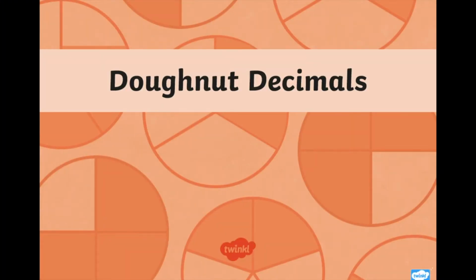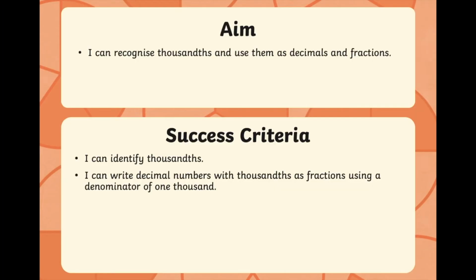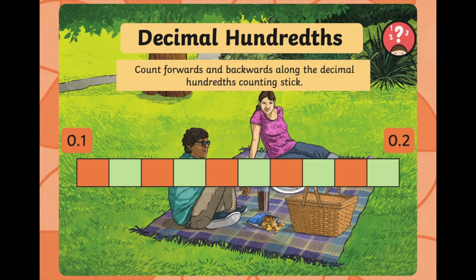Today's lesson is called Donut Decimals, and hopefully by the end of it you'll be able to recognise thousandths and use them as decimals and fractions. So we're going to start off by counting forwards and backwards along the decimal hundredths counting stick. So we're going from 0.1 to 0.2. So starting with 0.1,